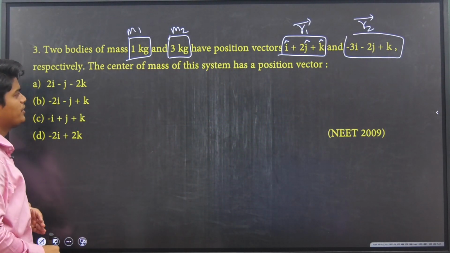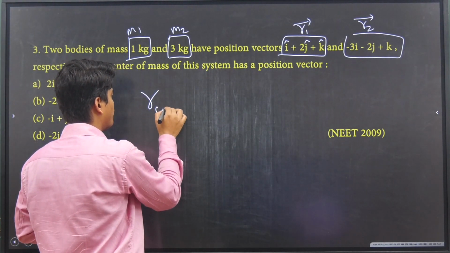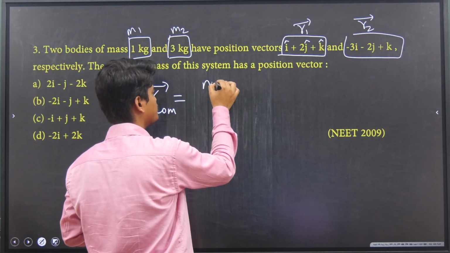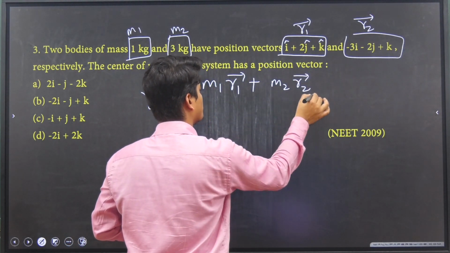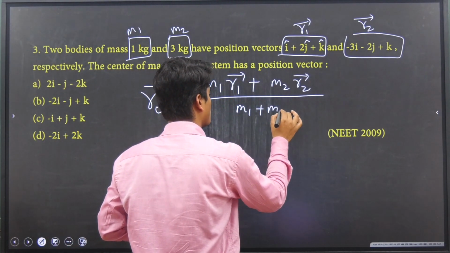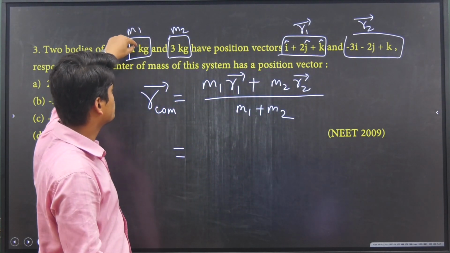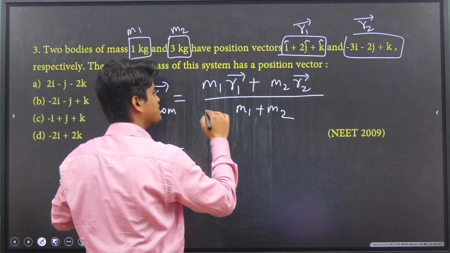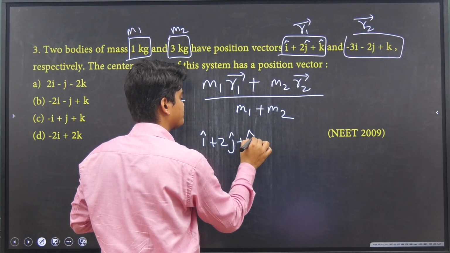Now here if you need to find the center of mass, the system has a position vector what? So if they need to find RCOM vector, that is called position vector of center of mass, then you can use this formula M1 R1 plus M2 R2, but you have to give vector, that you remember. Now here M1 plus M2. Now here what to do? First we will multiply mass M1 with this vector. Now see, it is 1 there, you will multiply 1 with R1, the same thing will happen, so nothing will change. So directly I am writing I cap plus 2j cap plus k cap.